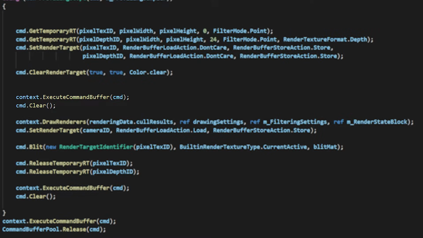Put in the context and clear the command buffer for further instructions. Next we need to render what's on the screen onto the render textures. Since they're still the render target and we've already given it a layer mask so that it only renders the pixel layer, we just have to call the draw renderers command with the information already given to us for this to work. Now we've filled our render textures with pixely goodness, but we need to actually send this to the